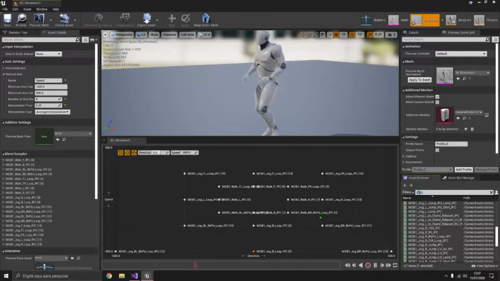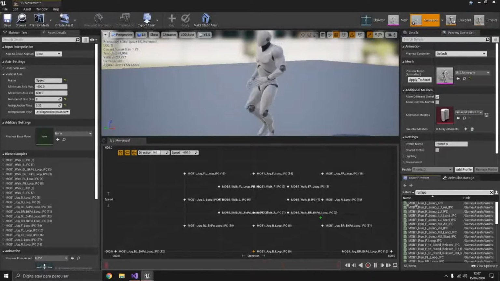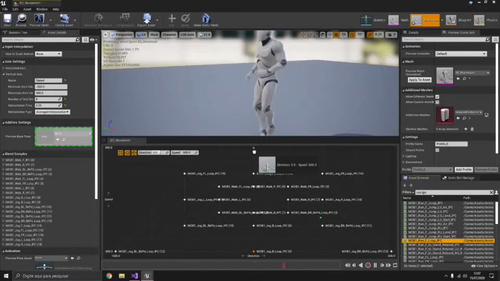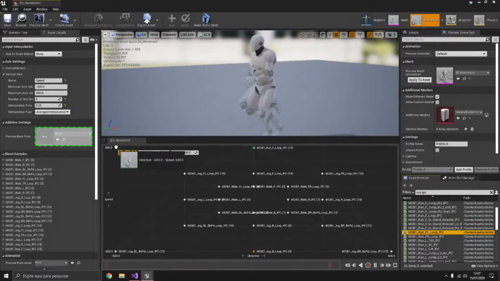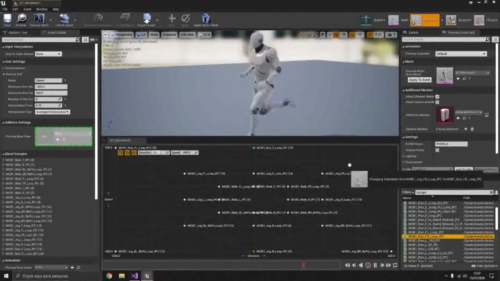And I think we're going to look for run. We have run forward loop, so it's going to be 600. Forward left is going to be 600, 600, and forward right is going to be